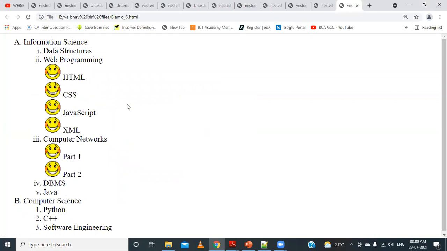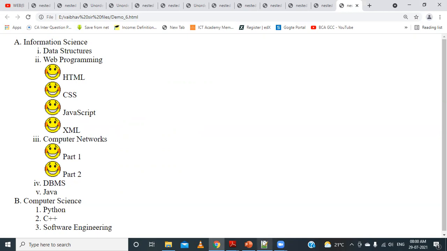So like this, with the help of list properties, we can understand how we can segregate the nested list. Basically, it is used whenever we are using a nested list, whether it is an ordered list or unordered list. We can apply different list properties so that we can understand the hierarchy. Whenever we are displaying information in terms of hierarchy, it is very useful. That is the advantage or application of using the list properties.